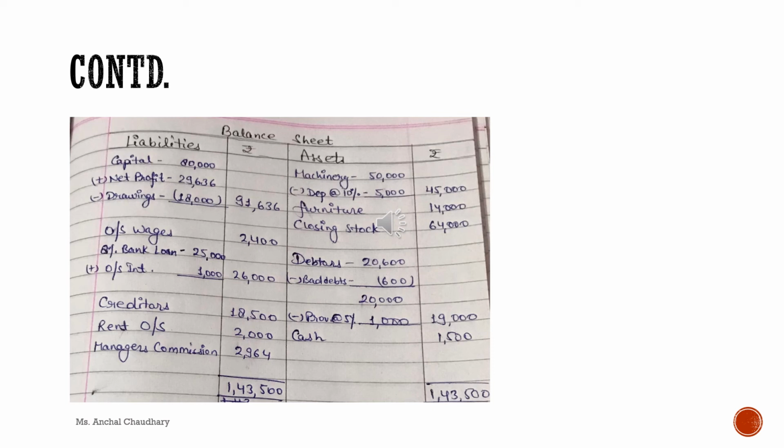See students, first of all, as I have already told you, if you know how to post the entries, where you have to post the entries, then you can solve the question very easily. I know all the adjustments. I know where I have to put down the expenses, where I have to post the direct expenses. So I know each and everything. It was very easy for me to solve this question, and I solved it in just 3 or 4 minutes. That's it.